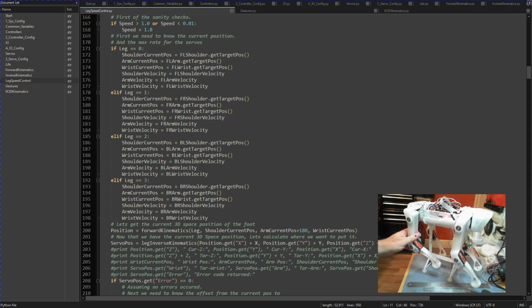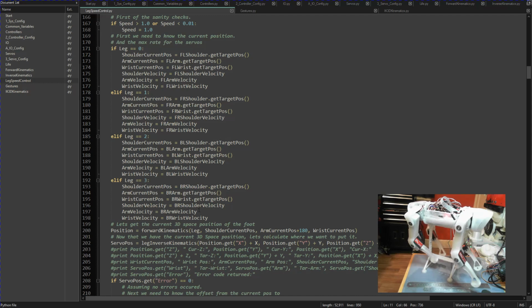But at the moment, there's no power on the servos, so I can move them freely. Once we work out where all of our joints are, that's the shoulder, the arm and the wrist,